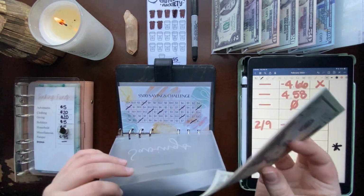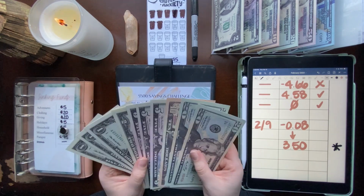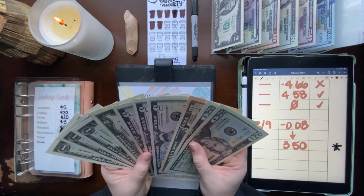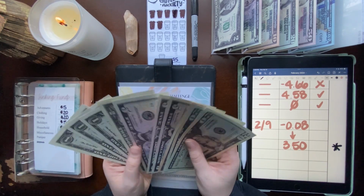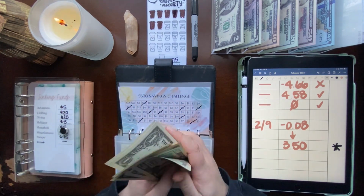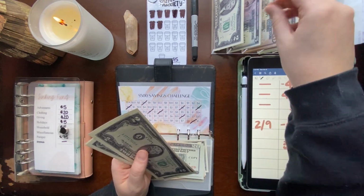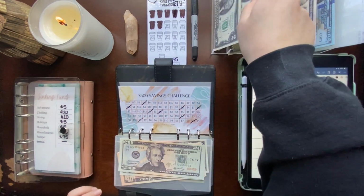And I think what I want to actually do, because I know that the more bills, the more fun this is going to be to condense, but we still have a couple times of stuffing this, and there's a lot of bills in here right now. So I kind of feel like I almost want to condense this, because I've got a lot of ones in here. So I think what I'm going to do is take this 5, 7, 8, 9, 10, put that down for a 10,